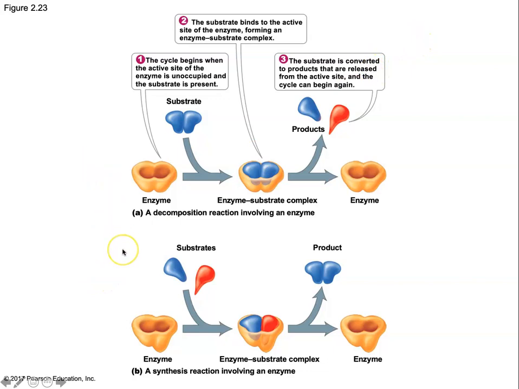We can also use enzymes for synthesis reactions. Do you remember what our synthesis reaction for turning monomers into polymers is? It's going to be dehydration synthesis. So we're going to take two substrates, in this case one long polymer chain plus a monomer. We're going to add in some enzymes. That enzyme-substrate complex is going to form. It's going to produce a single product, so one long polymer chain, and it's going to leave the enzyme completely unaffected. So here's our diagram.